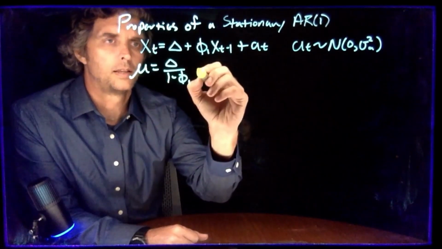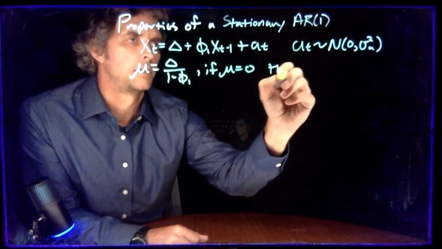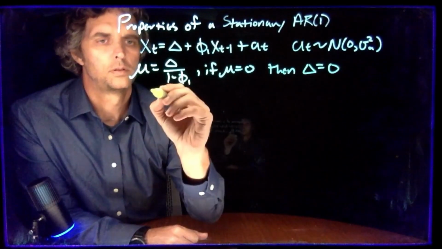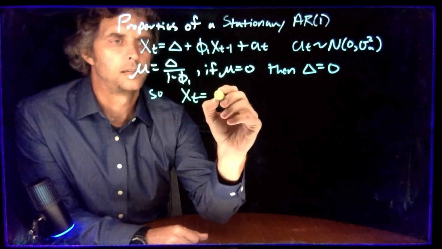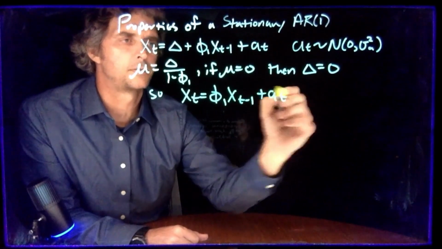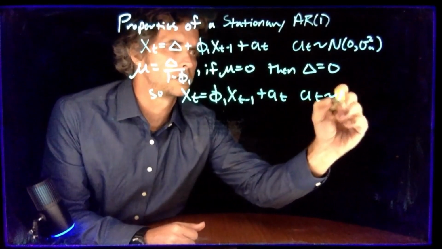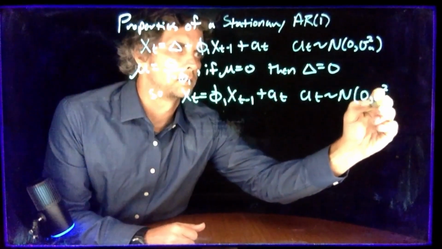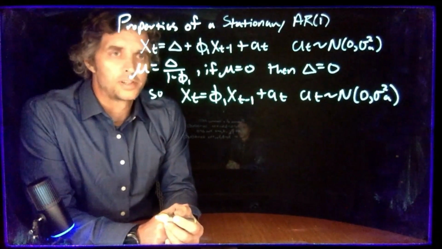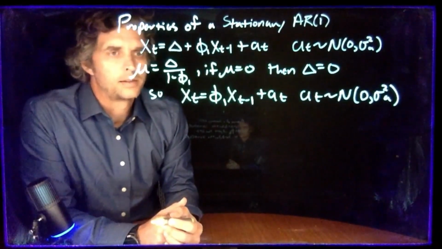And so if mu equals 0, then this implies delta equals 0. So we will have xt equals phi1 xt minus 1 plus at if we're in this zero mean form. Okay, fantastic. So since we're in the zero mean form, we're just going to, again for simplicity, assume that we have zero mean, and we want to show